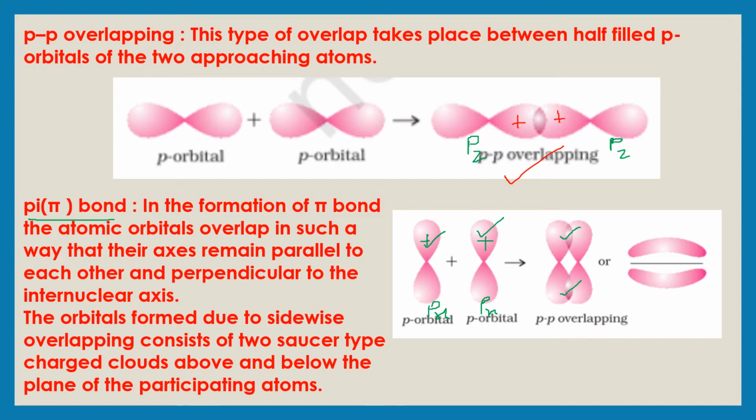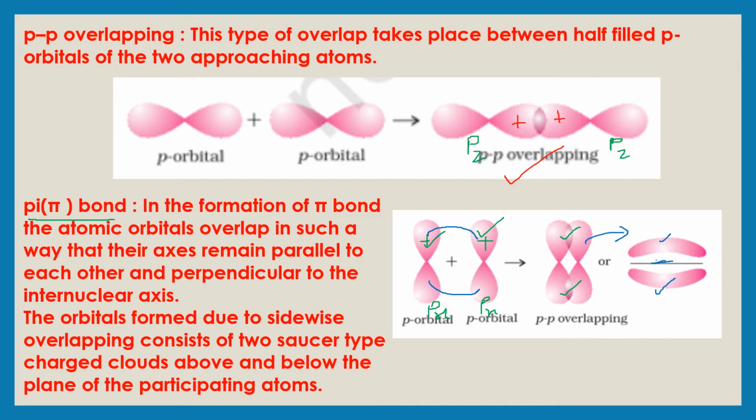This overlap, which is generally shown like this, is called sideways overlap. This overlap is not as much as it can be in the case of head-on overlap. So this bond, which is called a pi bond, is always weaker than the sigma bond. And there cannot be any pi bond without a sigma bond. First, the sigma bond is formed between two atoms. When they come closer, they get this pi bond formation by sideways overlap. This overlap can also be shown like this: this is the internuclear axis, and above and below it the pi electron density is shown like this.